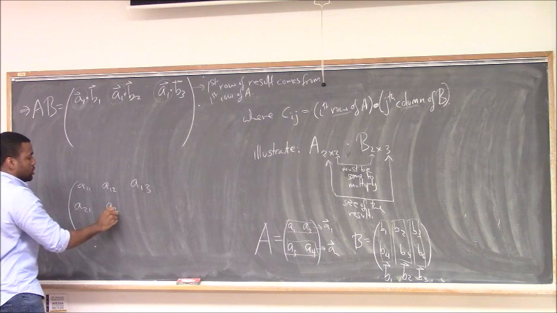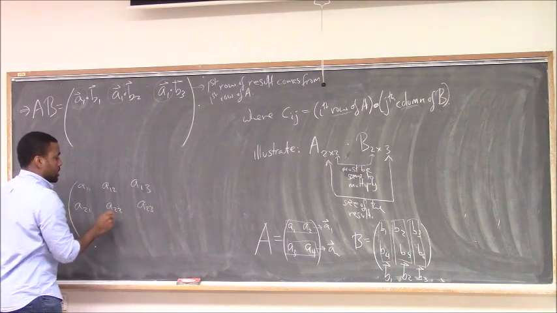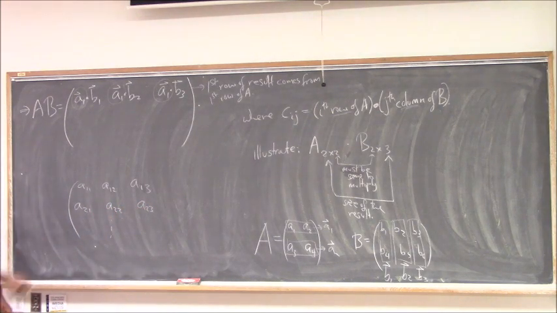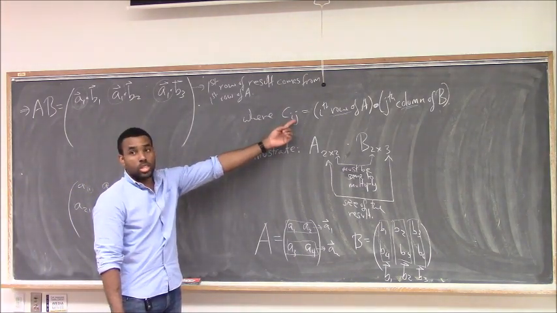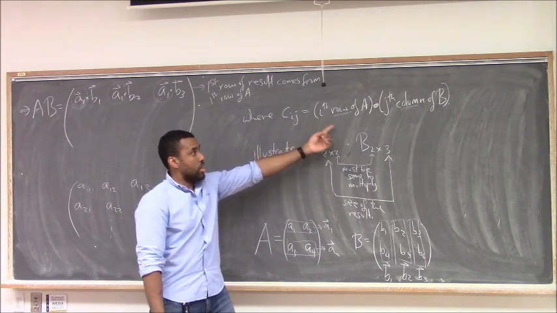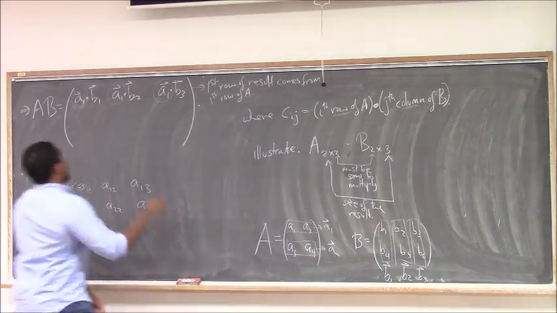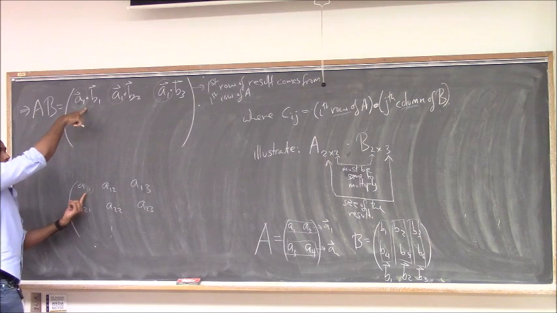2,1; 2,2; 2,3, etc. Right? That's the convention. Yeah, I got that. And the first number tells you the row position. The second number tells you the column position. I've just defined a matrix that tells me that the ijth position is given by the ith row of A and the jth column of B. So if this is the 1,1 position, because it lines up here, that tells me